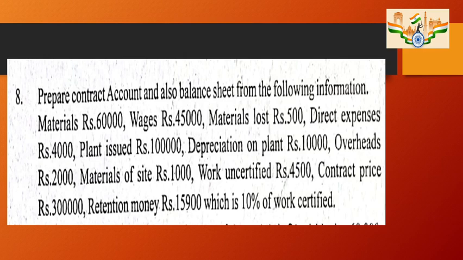Materials rupees 60,000, wages rupees 45,000, material lost rupees 500, direct expenses rupees 4,000, plant issued rupees 1 lakh, depreciation on plant is rupees 10,000, overheads rupees 2,000, materials at site rupees 1,000, work uncertified is rupees 4,500, contract price is 3 lakh, retention money is rupees 15,900, which is 10%